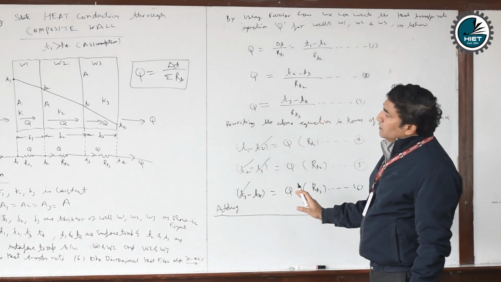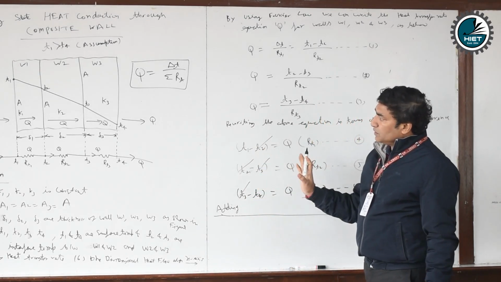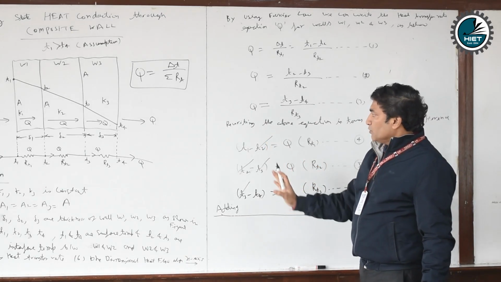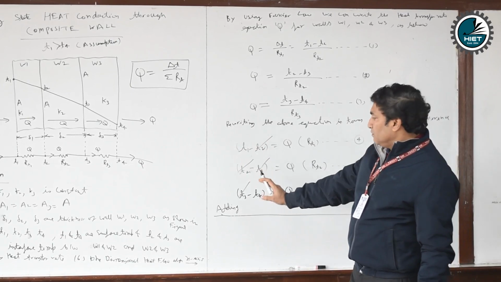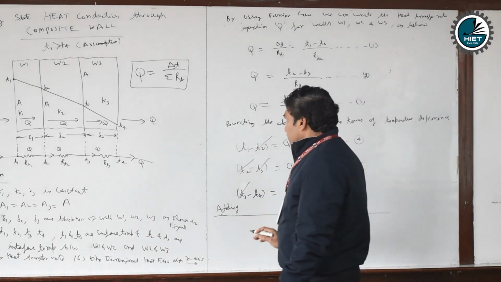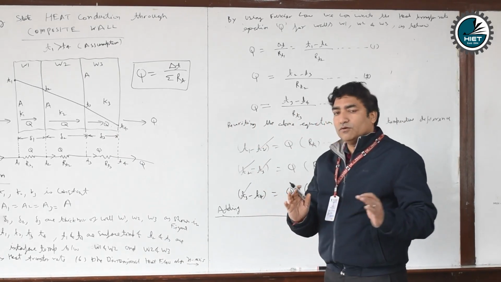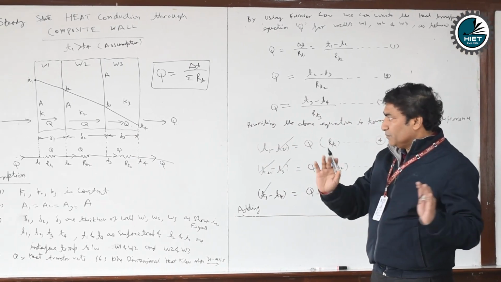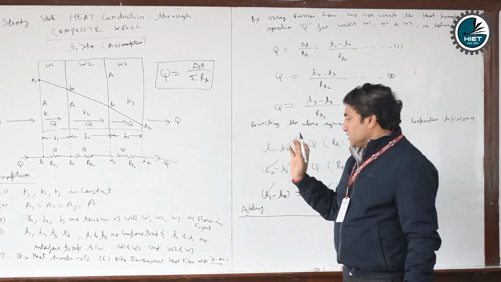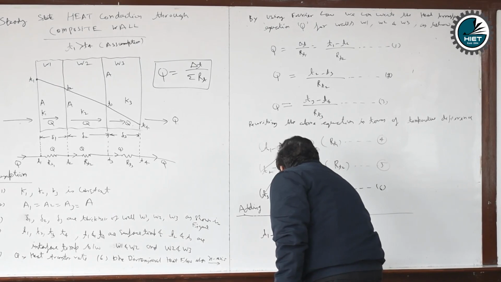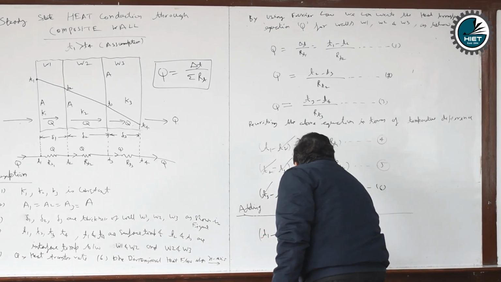So whenever there is heat transfer through a composite wall, the intermediate temperatures cancel out. We get T1 minus T4, which is the overall temperature difference between the first and the last wall. So T1 minus T4 is equal to Q